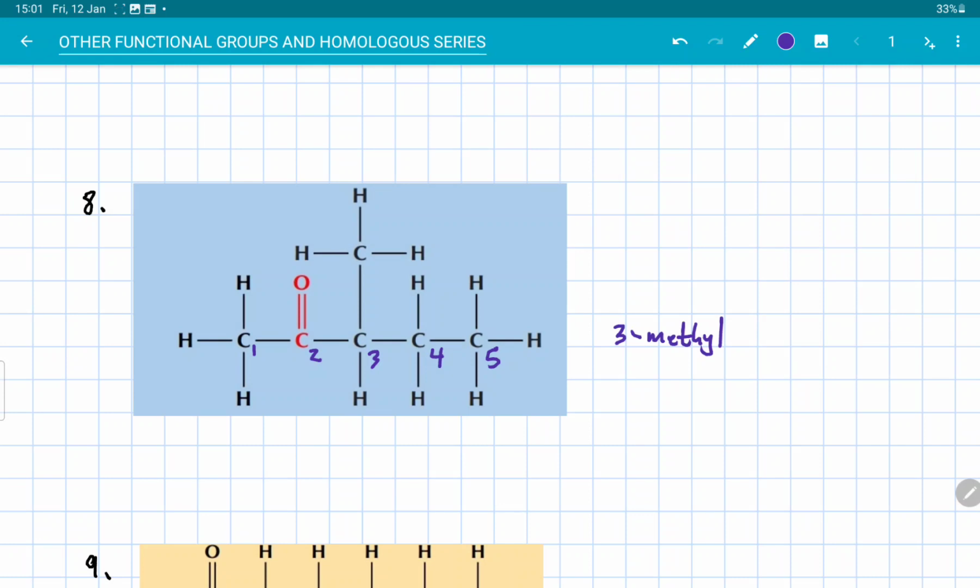Methyl, ne? And then 5, pentan. But carbon 2, that's where the carbonyl group is at. 2-one. So 3-methylpentan-2-one. Remember, CnH2nO. So that makes this